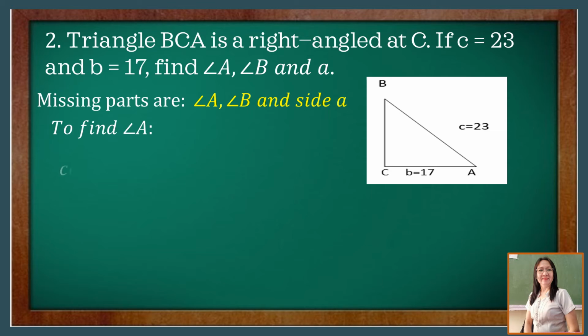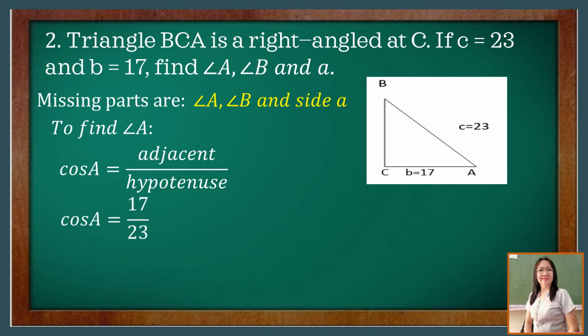So, to answer this, we are going to use the function cosine, since angle A in the figure is adjacent to this base. And of course, we have the hypotenuse. So, by substitution, cosine A is equal to the adjacent 17 over the hypotenuse 23. Then simplifying 17 by 23, that is